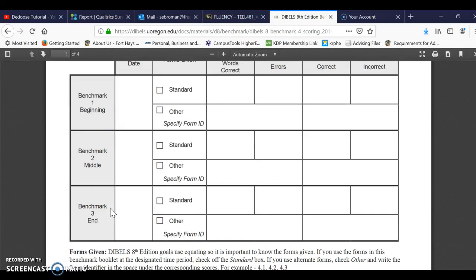If they are not at benchmark, then you are going to want to progress monitor, and by that I mean recheck their fluency. Depending upon how low they were below the benchmark line, you might need to test them every week, or you might need to test them every other week, okay? So if they are at benchmark,